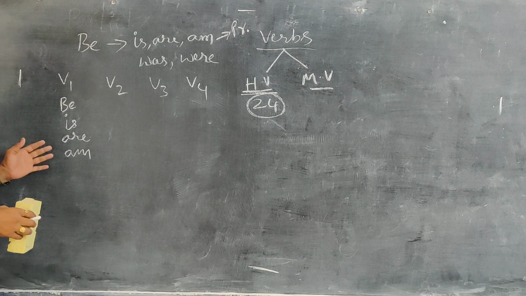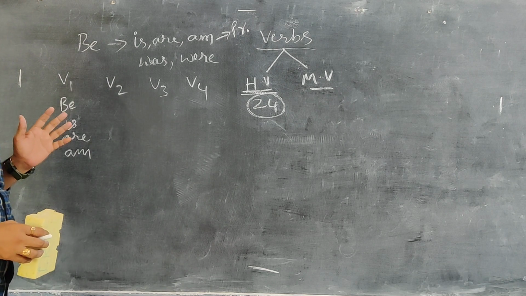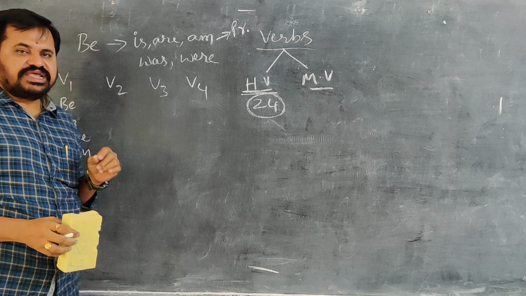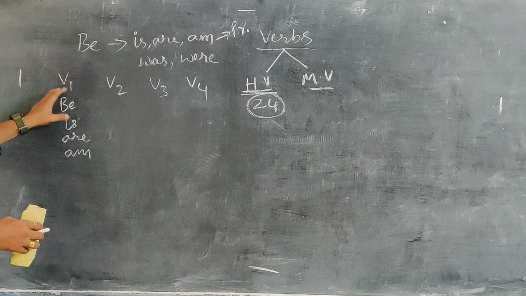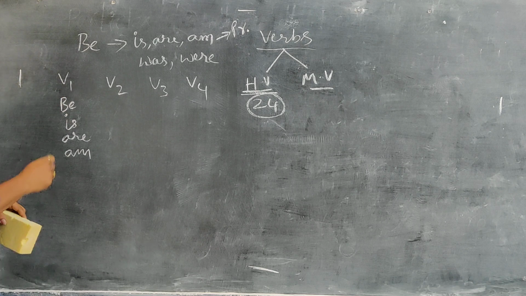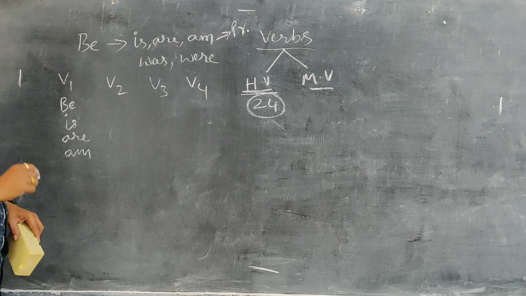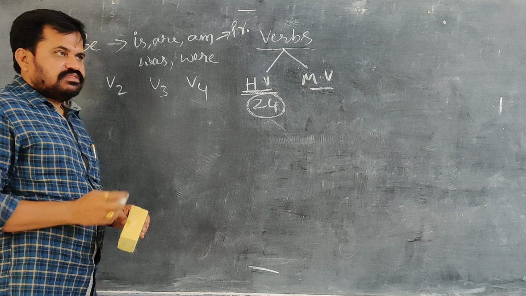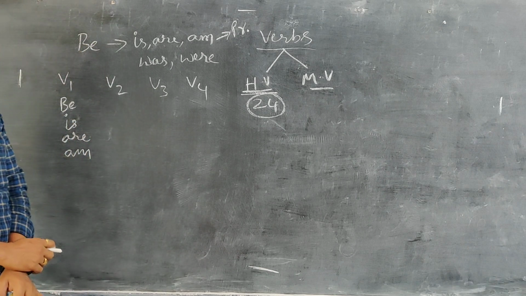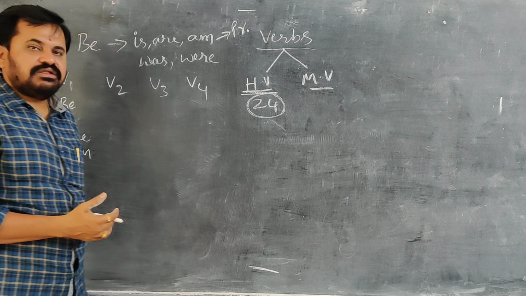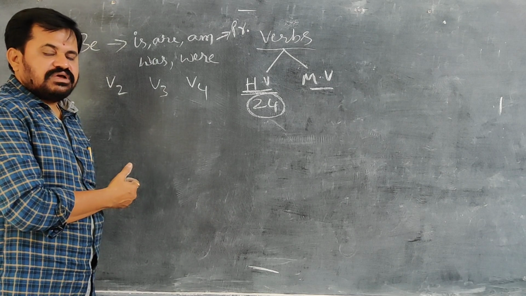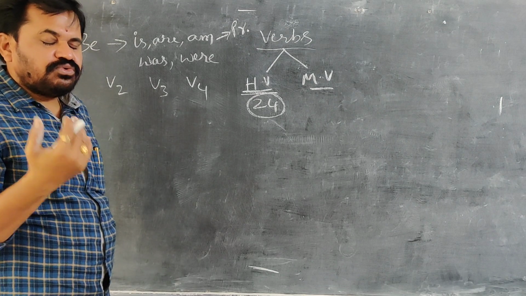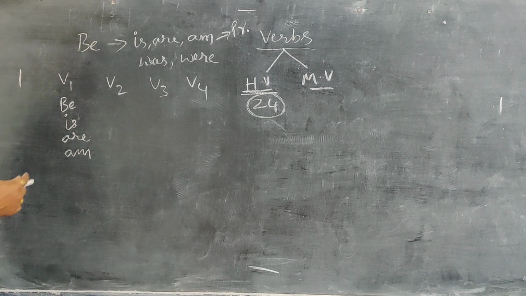All V1s, whatever V1 you see, whether it is a main verb or helping verb, indicate present tense. The name itself says it is present tense. So whenever we see these words in a sentence, we should feel that the sentence is present tense. These are actually very simple to identify. Most of you may know very well, but I am teaching in a basic way for students who don't know all these things.